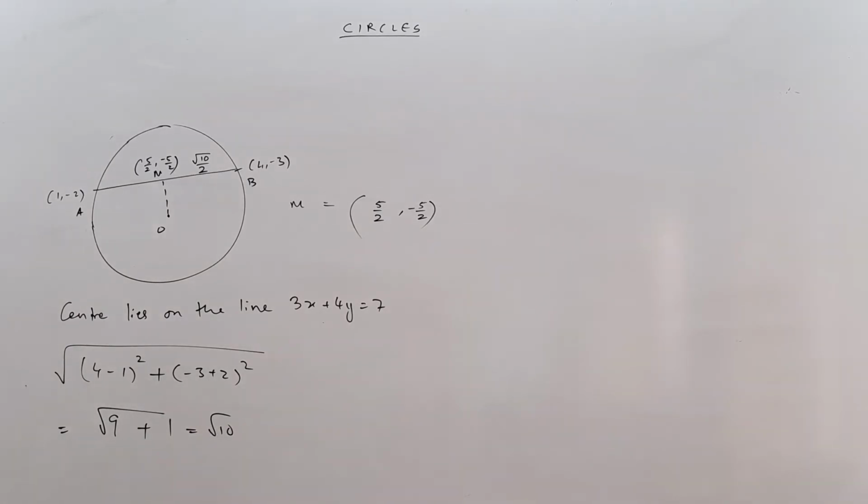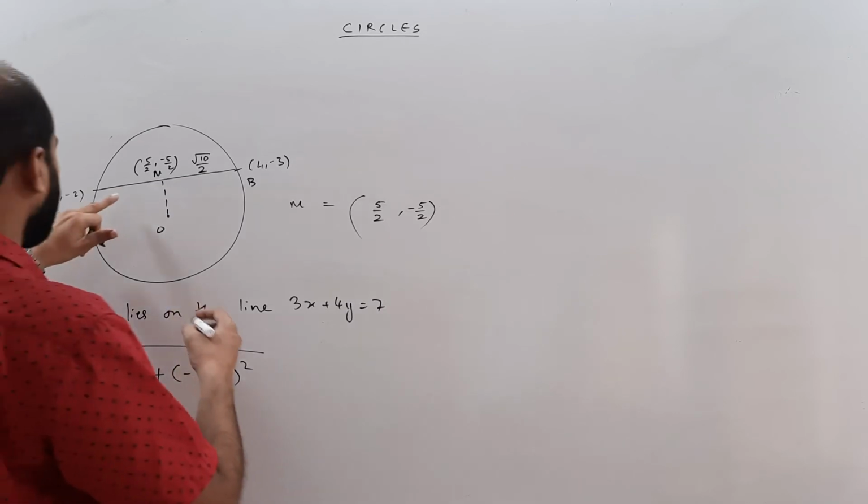So we are going to make use of some concepts from straight lines over here. This is a little tricky problem, but it is involving multiple concepts, so it's very good for revision. You can clearly see that here we have got a line, and let's try and find the slope of AB.